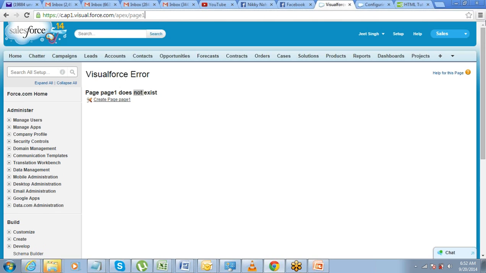Okay, there is a small thing that I want to do. I feel I should use the login password of one of you to create the sample pages and the codes. So anyone who has a simple kind of password and would want to share the login credentials with me, so that I can use that org to create these Visualforce pages and all, so that you guys can later on go back and see that.